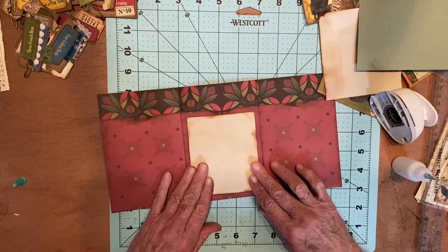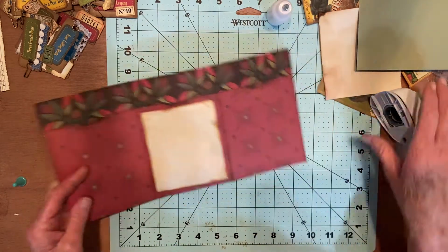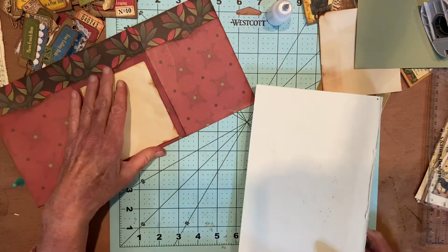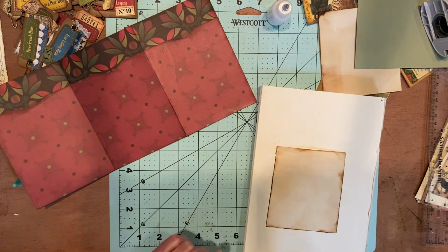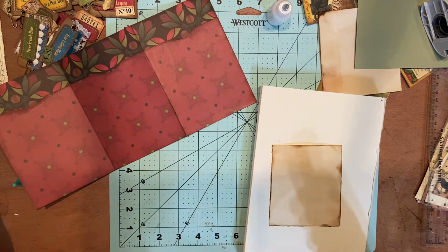And I could have put like a stamp on there, but I don't. I don't really have any good Christmas stamps. You know, I wish I had like a holly or something. It would be nice. I could just like stick it in the corner. But,